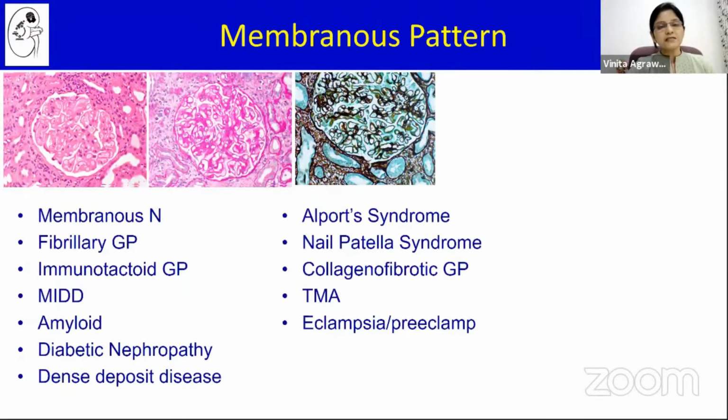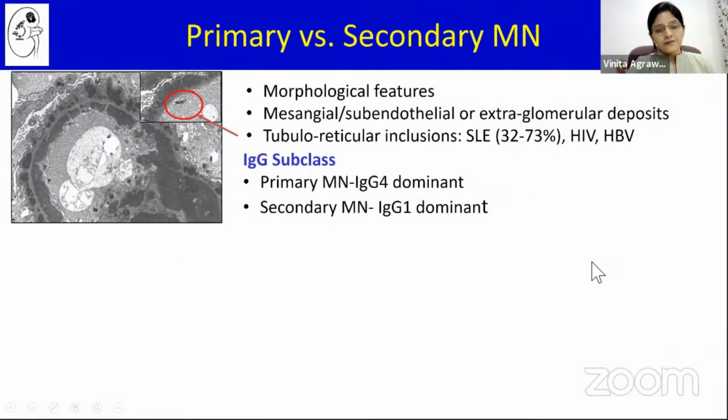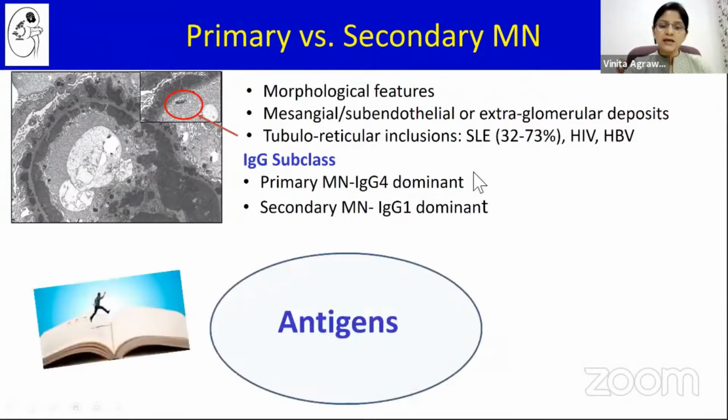If we talk of membranous nephropathy, it is characterized by thickening of the glomerular basement membrane, and the prototype, that is membranous nephropathy, has epimembranous spikes which are argyrophilic, and on immunoglobulin G staining on immunofluorescence, you see the typical granular staining along the glomerular basement membrane. Once you have made a diagnosis of membranous nephropathy, it is important to differentiate between primary and secondary membranous nephropathy,